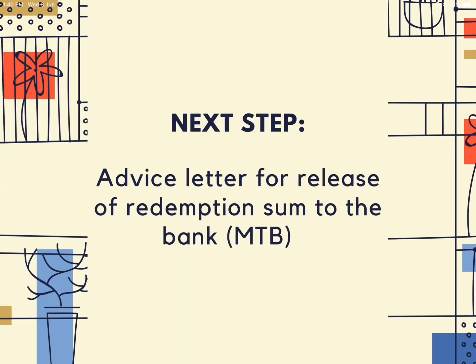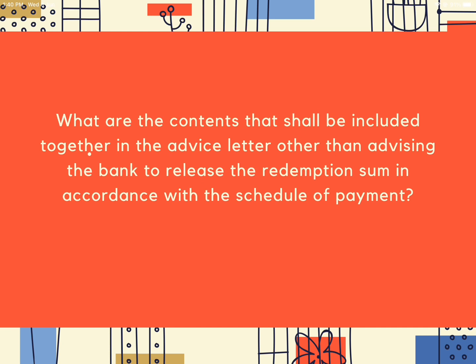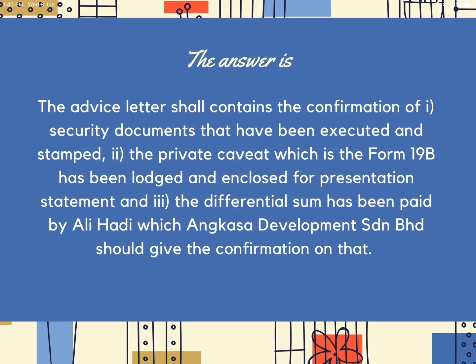So the next step is the advice letter for release of redemption sum to the bank, which is Maju Terus Bank. The question is, what are the contents that shall be included together in the advice letter other than advising the bank to release the redemption sum in accordance with the schedule of payment? The answer here is, the advice letter shall contain the confirmations of, firstly, security documents that have been executed and stamped. Secondly, the private caveat, which is the Form 19B, has been lodged and enclosed for presentation statements. And lastly, the differential sum that has been paid by Ali Hadi, which Angkasa Development Sdn Bhd should give